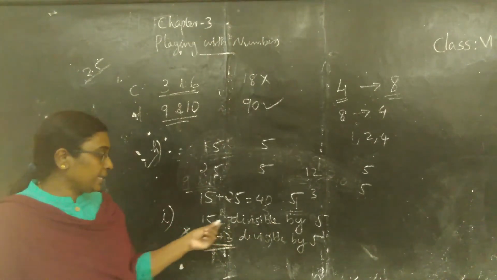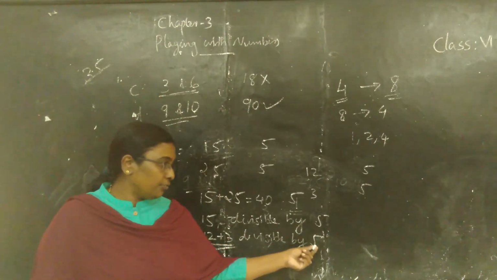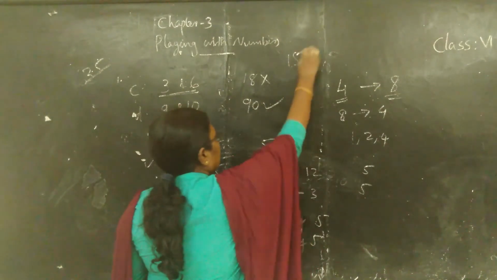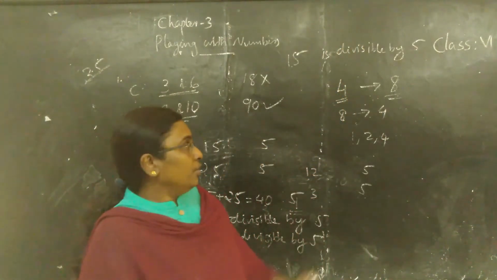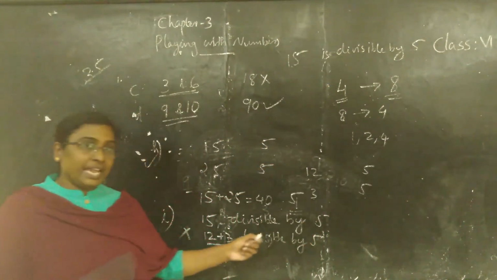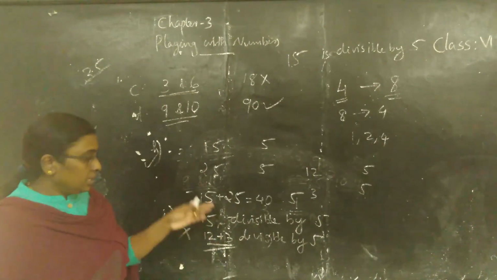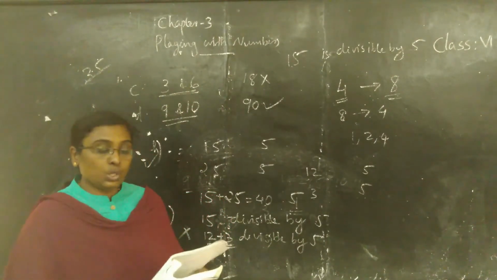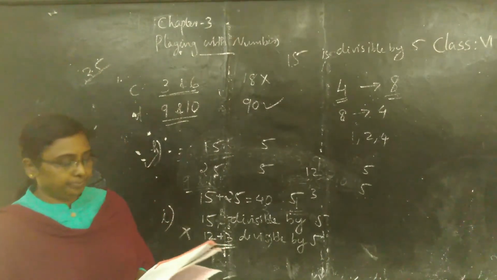If a number exactly divides the sum, we can say that 5 divides 12 plus 3. 15 is divisible by 5. Or we can say that 5 exactly divides 15. So, if a number exactly divides the sum of two numbers, then each of these numbers does not necessarily divide separately. So the statement is false.